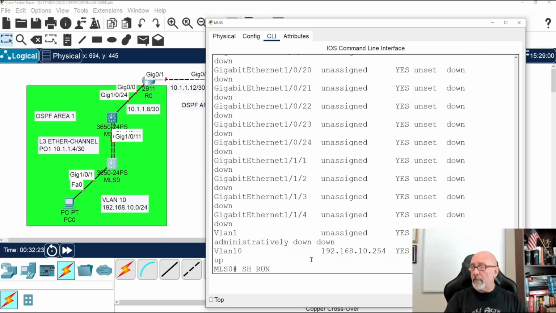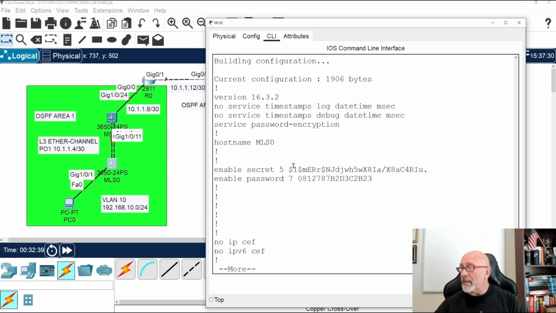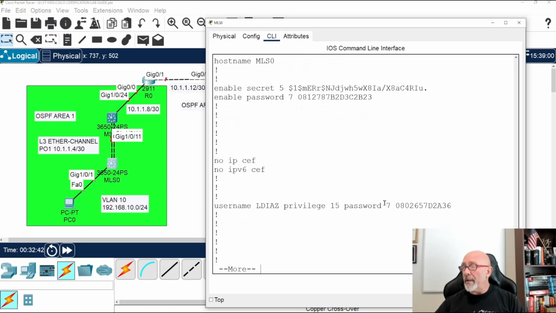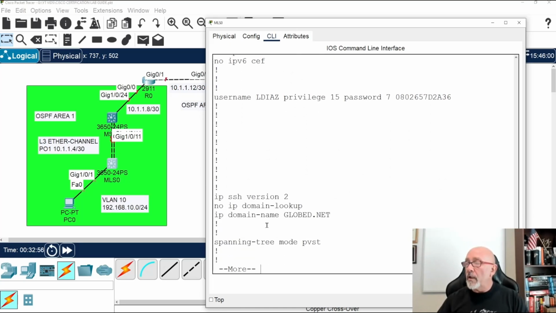If we do a show run, we can see here's your MD5, here's your MD7. So it tells you right there. And this is the command to encrypt this. It encrypted all plain text passwords, past, present, and future. This is what the secret did. Here's my username. It's a good idea to create usernames anyway with this level of privilege in case you're using RADIUS or TACACS. Let's say your RADIUS or TACACS goes down. You have a local username and password that you can get in with. Here's your no IP domain-lookup, so if you do a typo, it doesn't go looking for a DNS server when you have none configured.